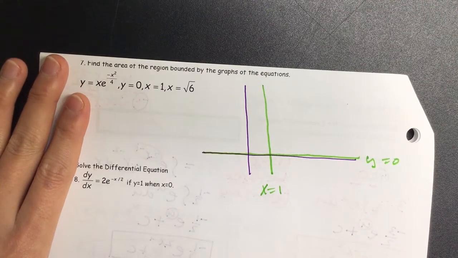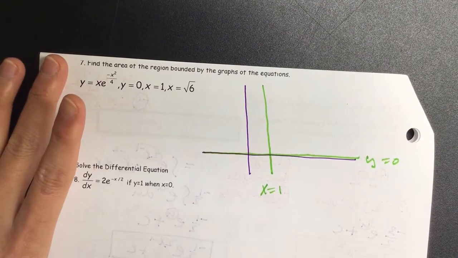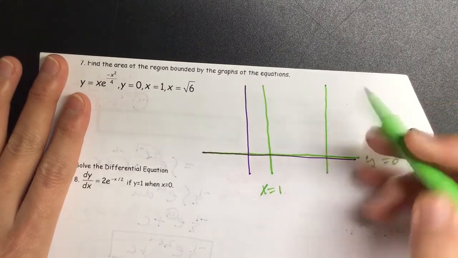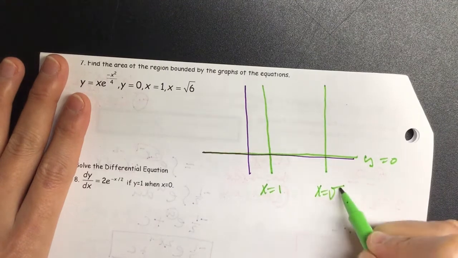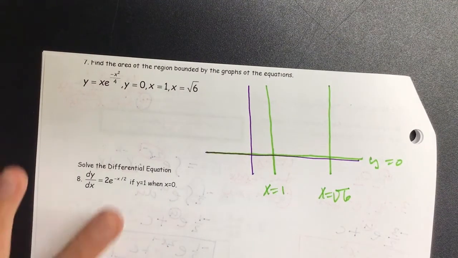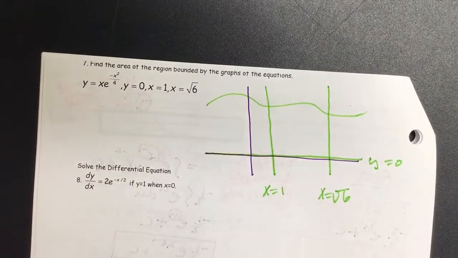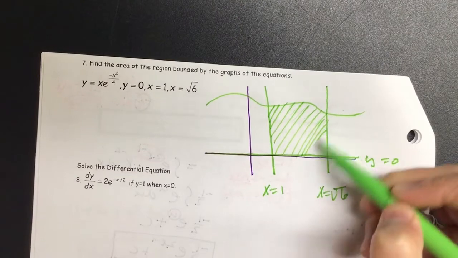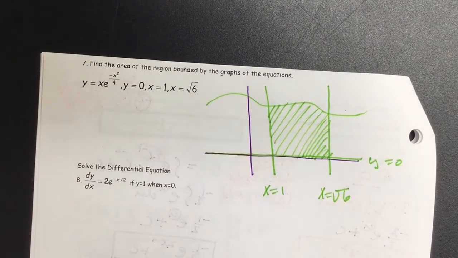And then we have x equals radical 6. That's a little bit greater than 2, right? So I'm just going to go off past the 1 and say x equals radical 6. And it really doesn't matter how you graph the next piece. Just make sure you have some wave. And the area bounded by those 4 equations will create something under the wave, which in the end it's going